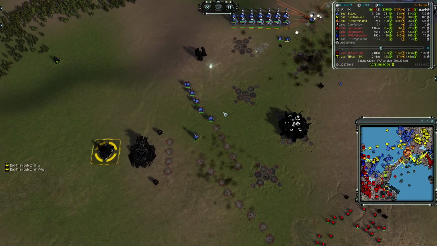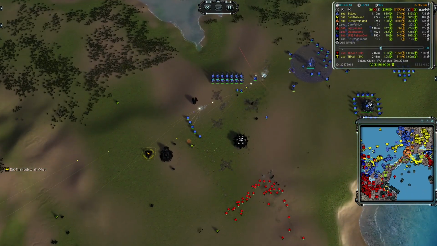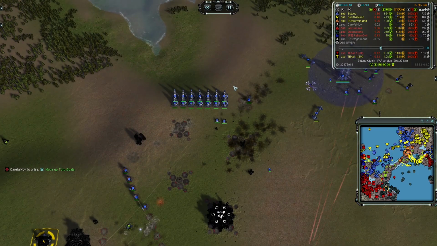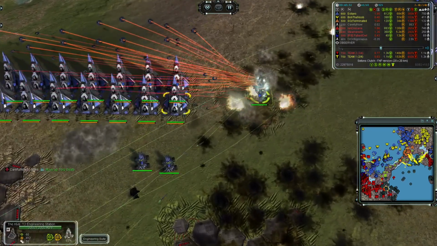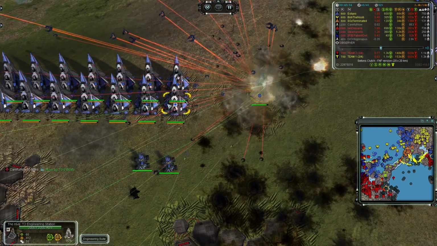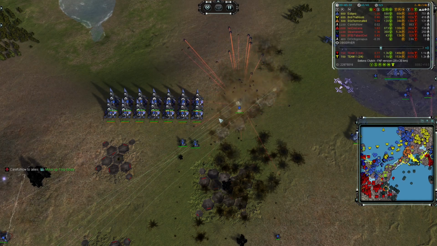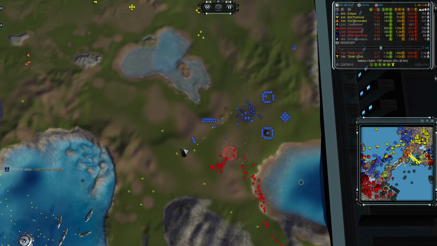It looks like the sheer amount of Torrents also managed to break through the TMD on Esk's original main base. And we do have a whole bunch of hives right here just seemingly assisting that one mass extractor. I think that's a lot of mass wasted. I think it would be more effective just to reclaim the mex and start reclaiming the area, because there's no